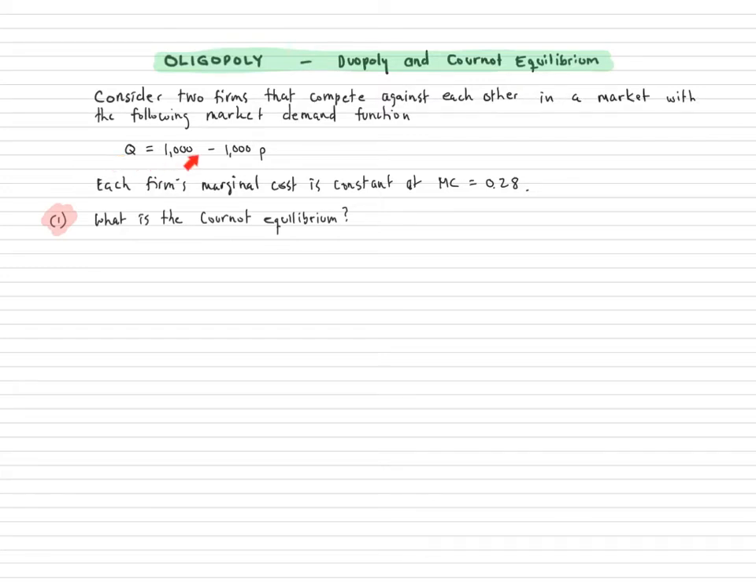Q equals 1,000 minus 1,000 P. Each firm's marginal cost is constant at 0.28. And the question is, what is the Cournot equilibrium? Well,